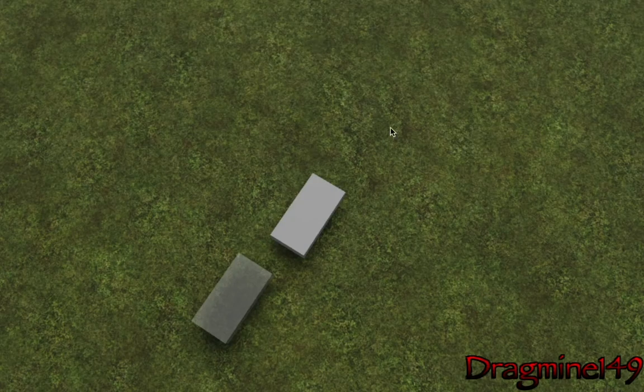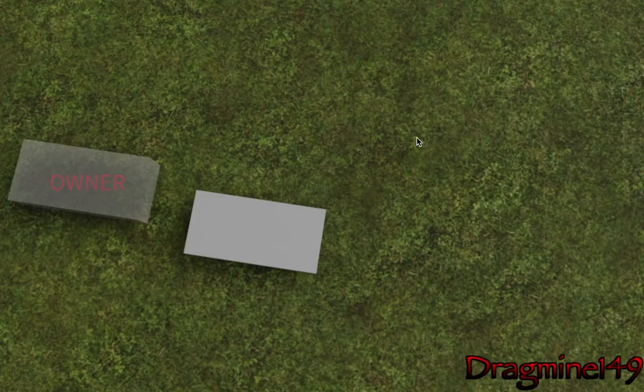Now I'm going to add text. I'm going to copy the text label I did in the billboard GUI and paste it in the surface GUI. So now the surface GUI has this text label, the exact same as earlier. Now I'm going to show you some surface GUI stuff.